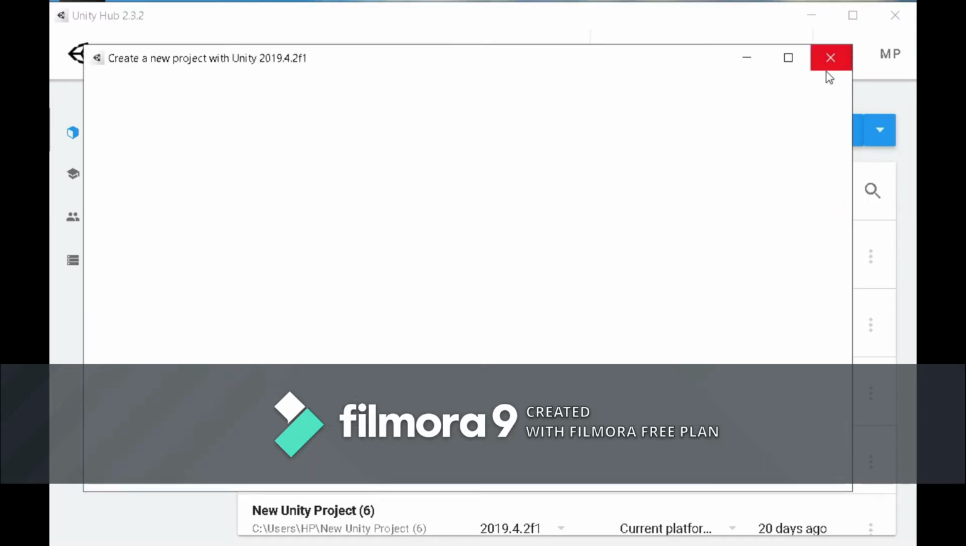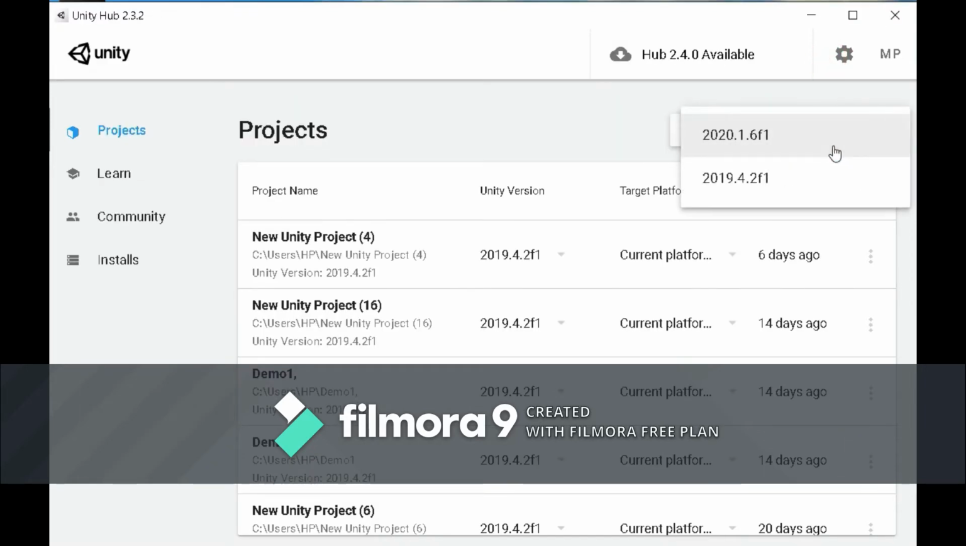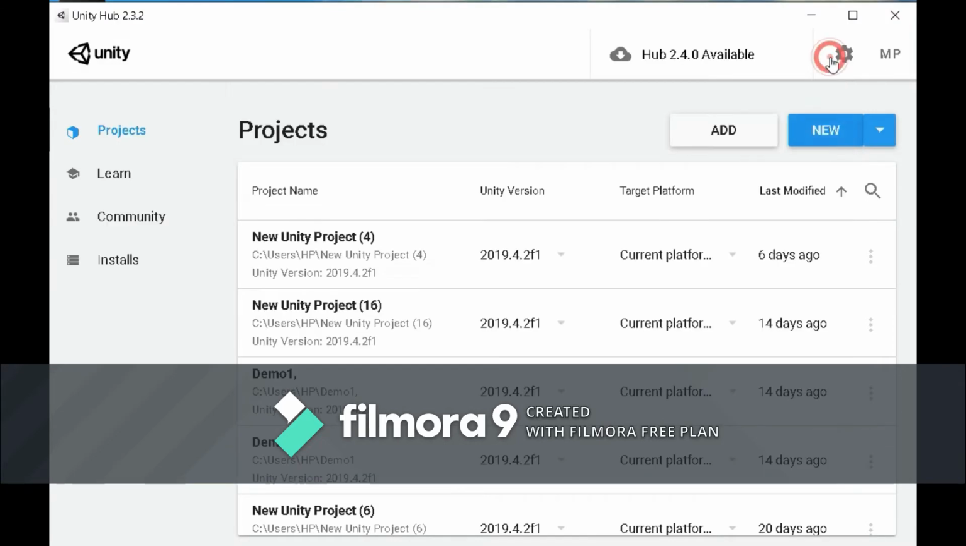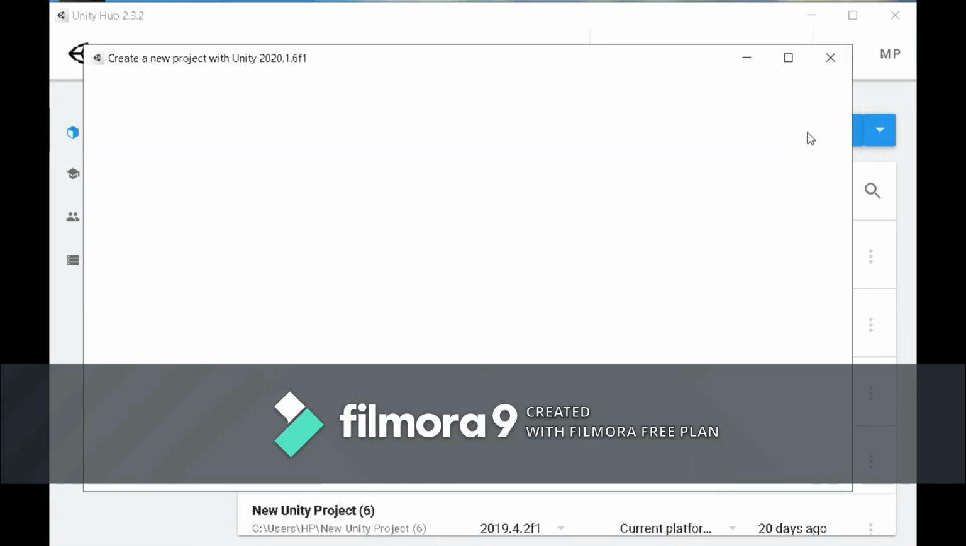So now here I opened 2019, again I can open 2020. Now if I hit on new, again the last time's editor will open. So now let's create a new project,